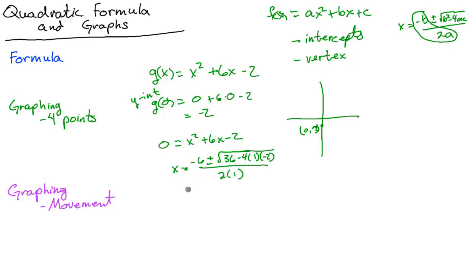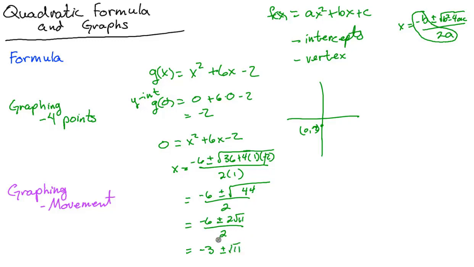Oh, I like that. That's pretty nice. So that is going to give us -6 plus or minus the square root of 36 plus 8, which is 44, all over 2. So that's -6 plus or minus 2 square roots of 11 all over 2,